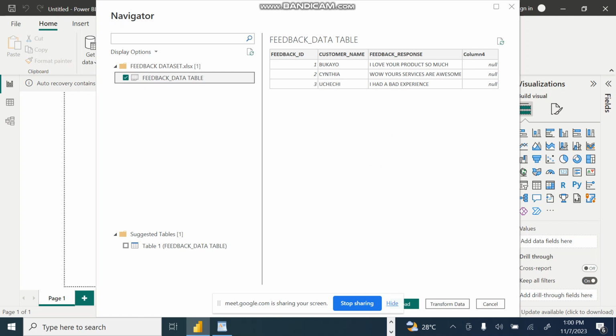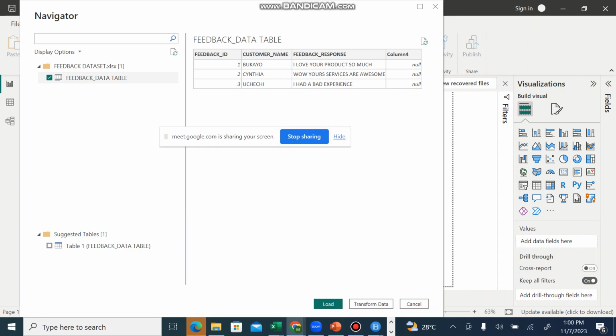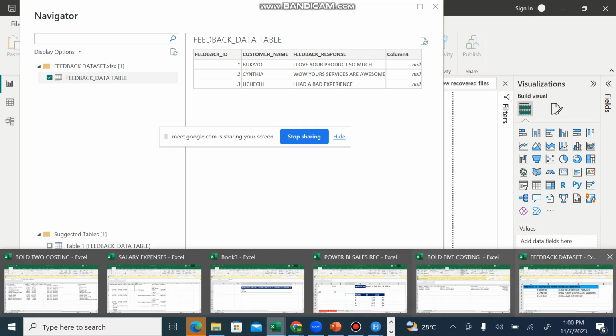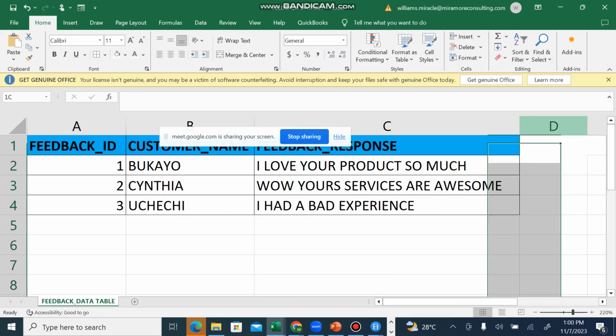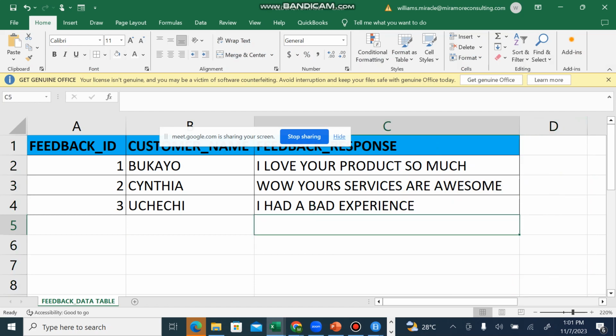I'm seeing a column there, column 4. If you notice that there is a column that is not supposed to be part of it, like column 4, there are 2 things you can do. Either you go back to the source, go and delete that column, then you save it again. Or